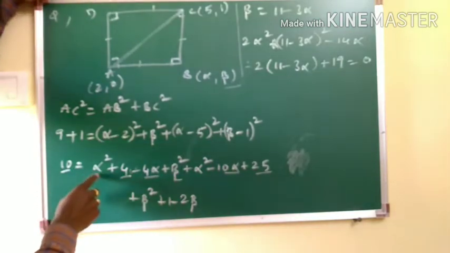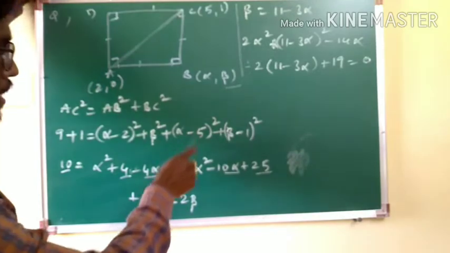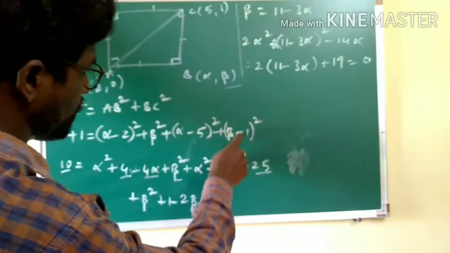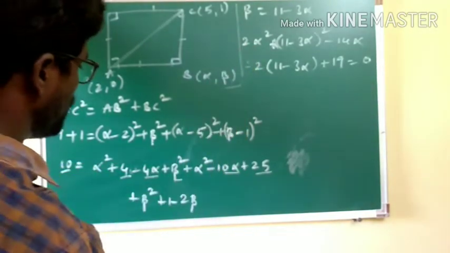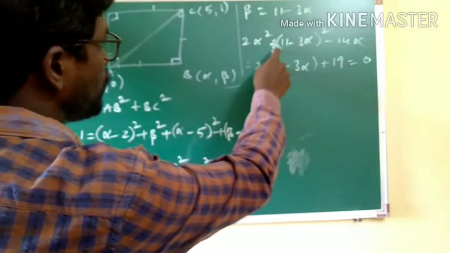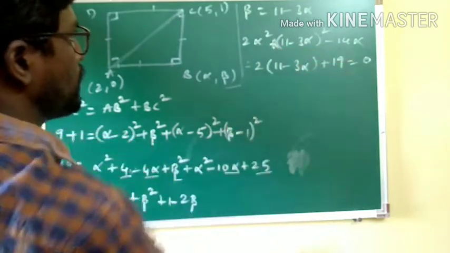10 is equal to alpha square plus 4 minus 4 alpha plus beta square plus alpha square minus 10 alpha plus 25 plus beta square plus 1 minus 2 beta. Alpha square plus alpha square is 2 alpha square, and beta square plus beta square is 2 beta square. 2 into beta I have replaced by 11 minus 3 alpha, so that 2 times 11 minus 3 alpha